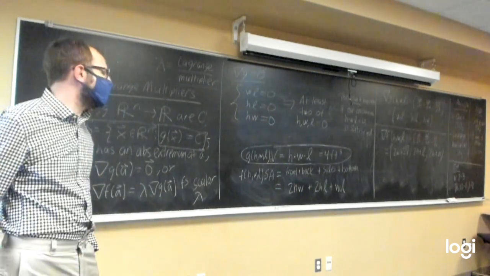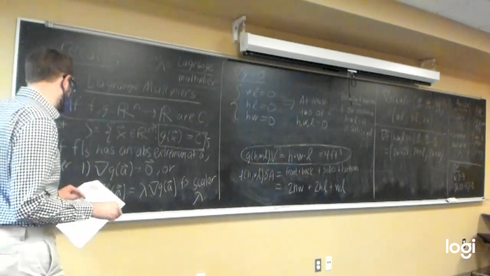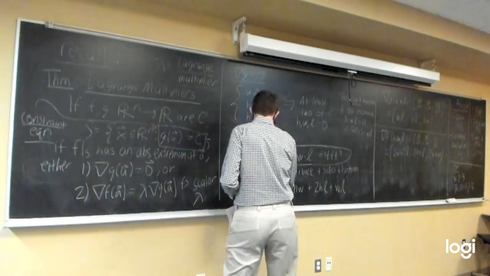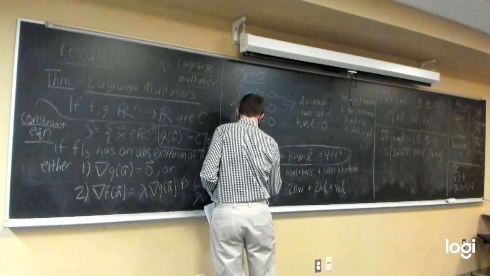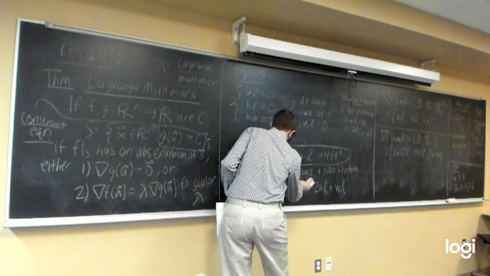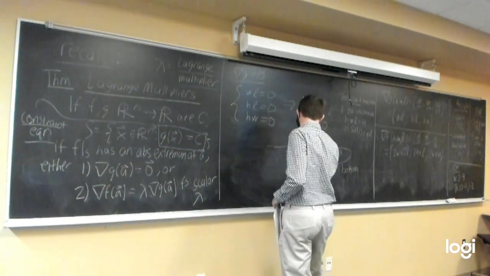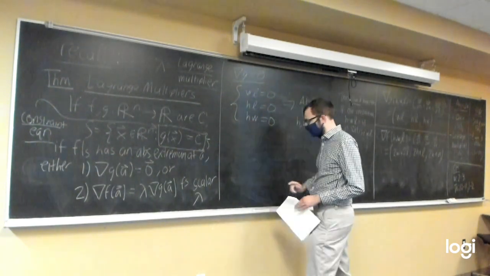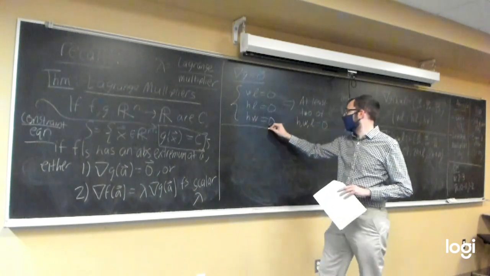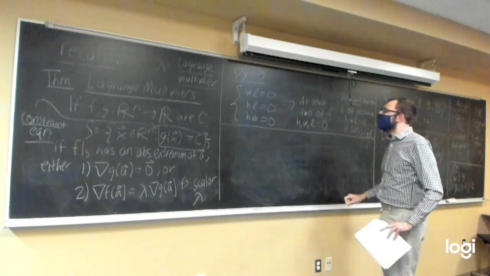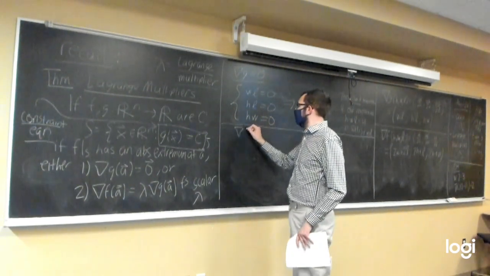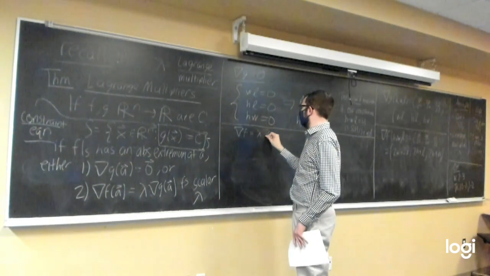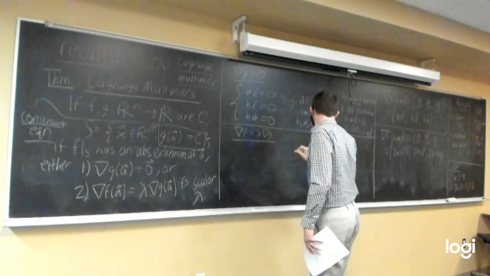So now we need to look at this second constraint, or the second possibility, which is that if we have a critical point, it could be where the gradient of f and the gradient of g are going to be equal to each other. And so if we look at that, where gradient of f is lambda times the gradient of g,